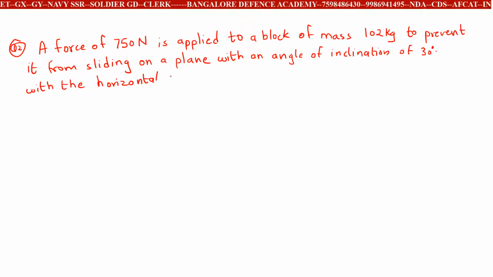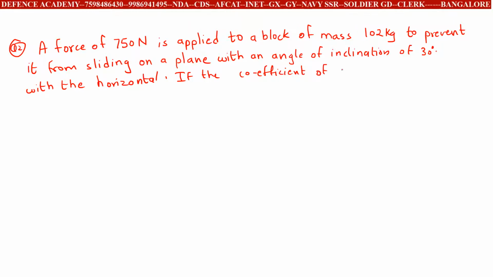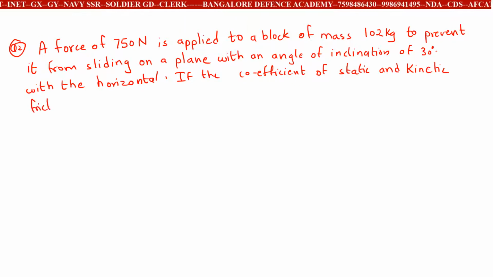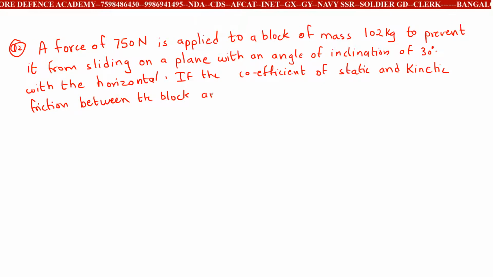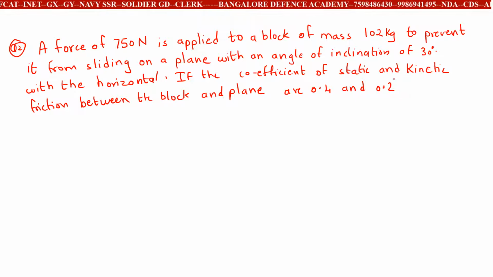Next they have given, if the coefficient of static and kinetic friction between the block and the plane are 0.4 and 0.2 respectively, then the frictional force acting on block